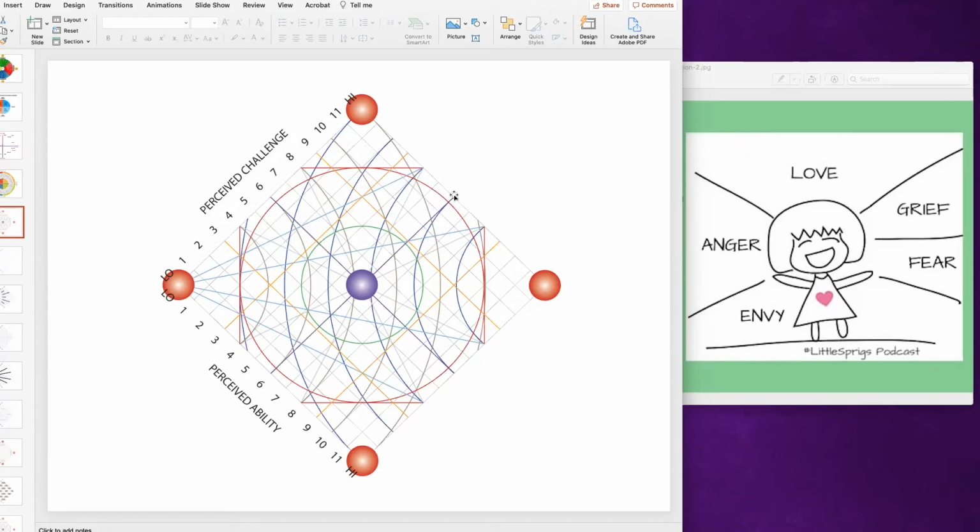True connected love ultimately, I think, is the two people involved, and maybe if it's a family, the whole family is moving as a unit to the center. Even though they're all individuals, at least when they're together in their own little love bubble, that's kind of trying to create that individual experience at a larger population level in the center. Certainly, wasn't that what communes were all about years ago, going to live in a world of peace and harmony and joy? It was trying to create something that was in the middle of the change grid.